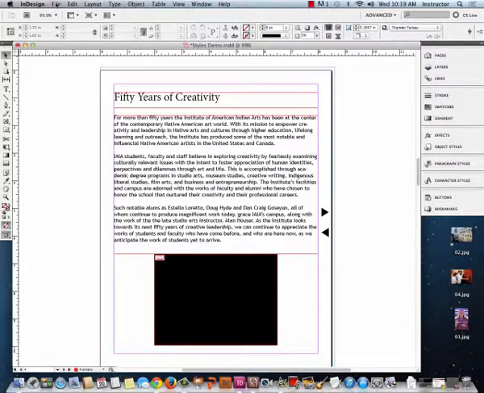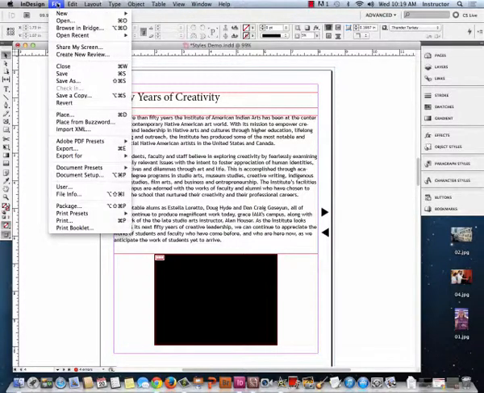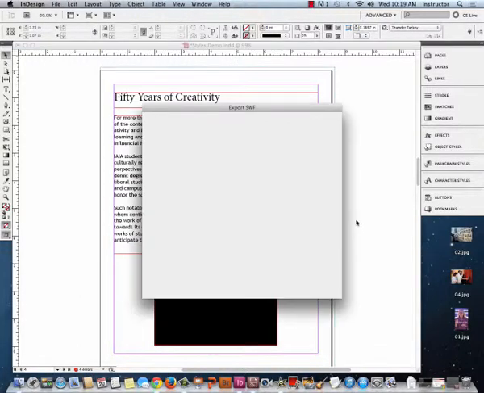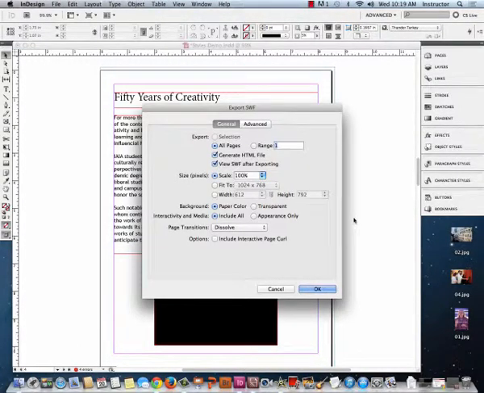So I'm going to go to File, Export, and I'm going to export it as an SWF. So now when I click Save, I'm going to do all pages. I'm not going to have the interactive page curl. I'll use the dissolve transition. And then when I click OK,